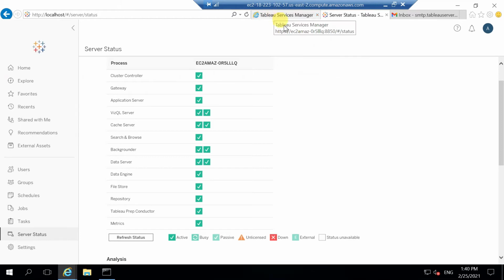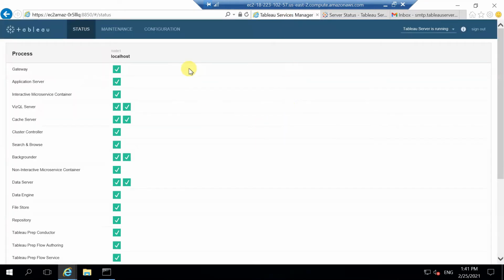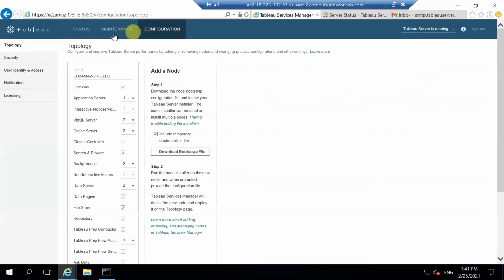In order to do the SMTP configuration, you have to log into the Tableau Services Manager, which requires the operating system admin credentials. That runs on port 8850. So this is how you have the URL, and after you log in,